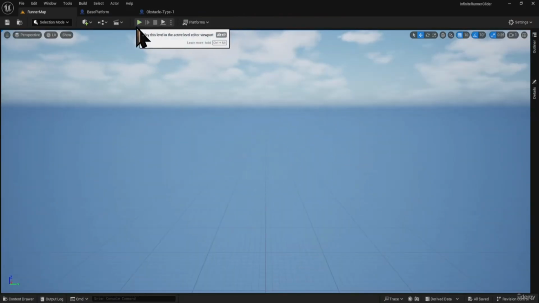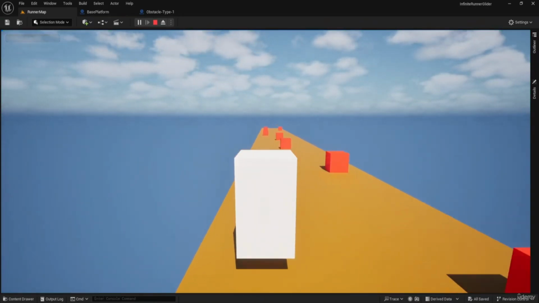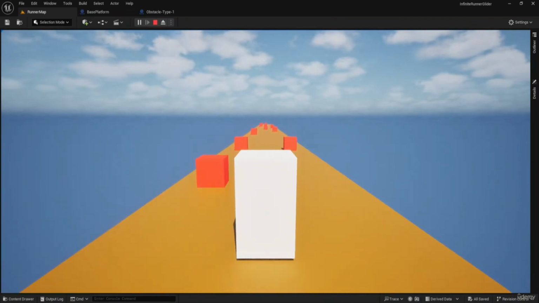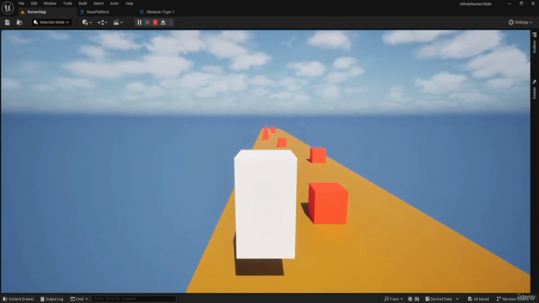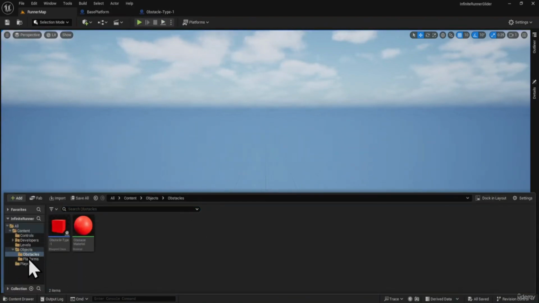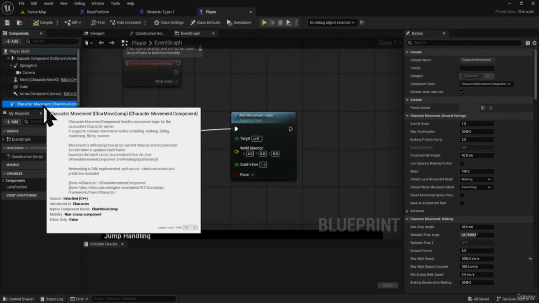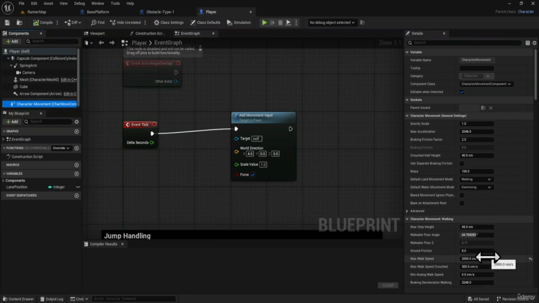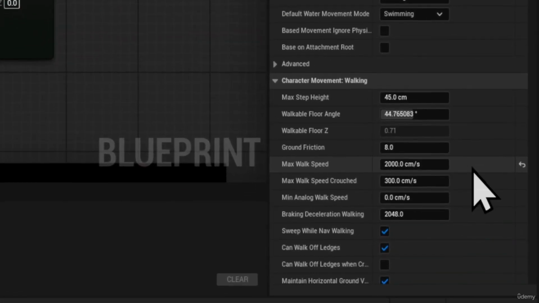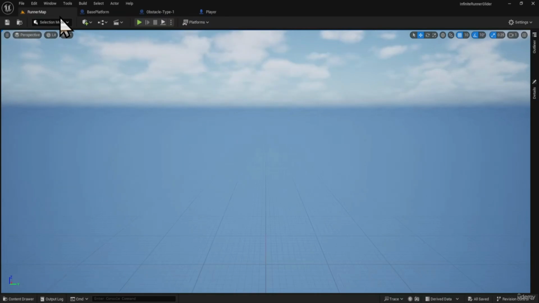Now, after much testing, I think I've settled on what would be a good speed to start with. I think at this speed, it's reasonable and we can get started working on the other elements in the game. So the speed that I have chosen, let me quickly head over to the player, check out its blueprint. Now, under the character movement component, I have set the max walk speed to 2000 centimeters per second, which I think is perfect and should work at least for the baseline as we start developing the other parts of the